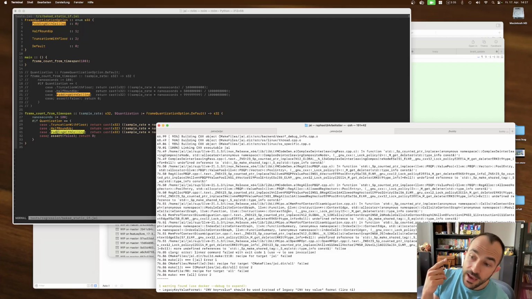We vendor all the dependencies, so the LVM headers are checked into our repository. It's the same LVM headers. The LVM binaries are hand-built and checked into our repository, so we have the same LVM binaries on Ubuntu 18.04 and 20.04. Same headers, same binaries, same compiler source. It compiles, it crashes when you run it.